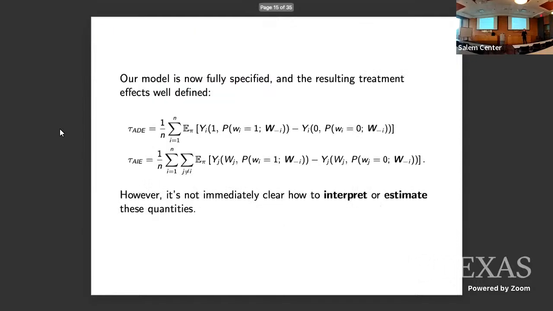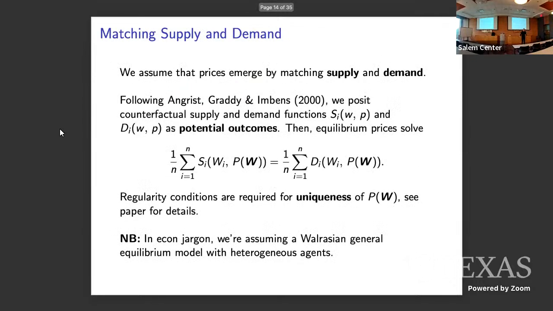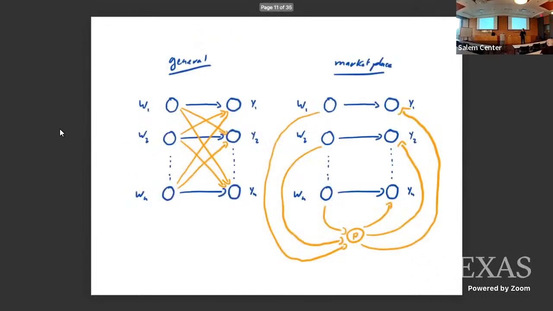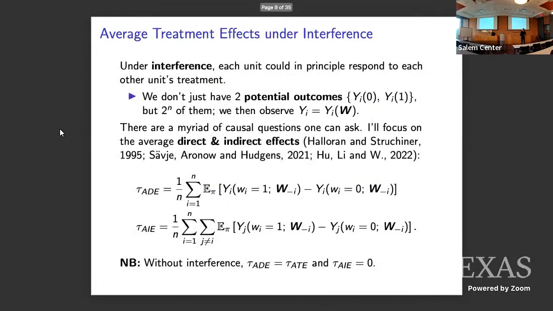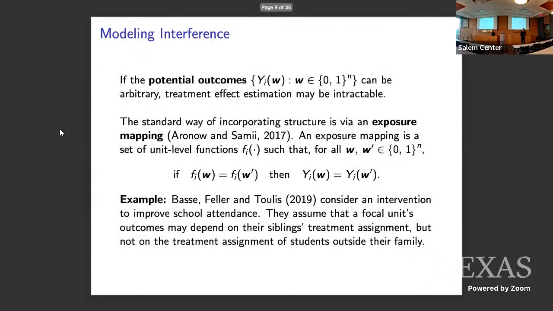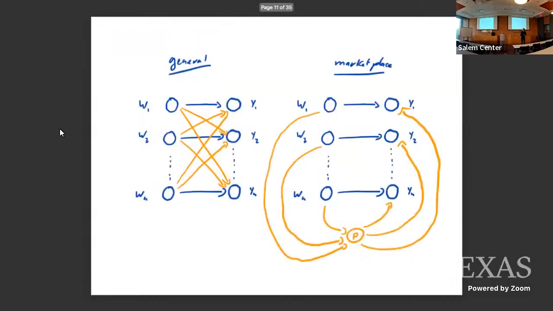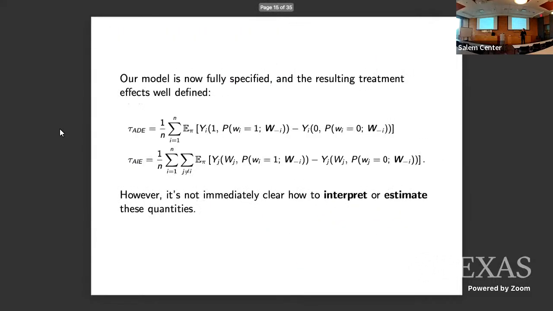Actually, sorry, can you go back? For your average indirect effect. Can you go back to the statement I'm on, please? Okay, so this one, and then the next statement. I want to make sure I understand something, then I do have a question. So that little lowercase wj on the right node should be wi. Is that right? Thank you. This should be W. Right.